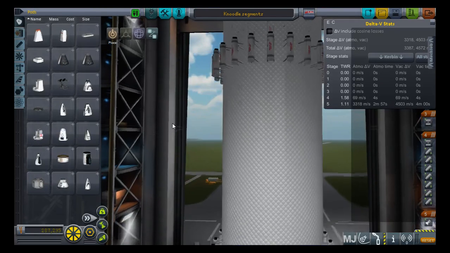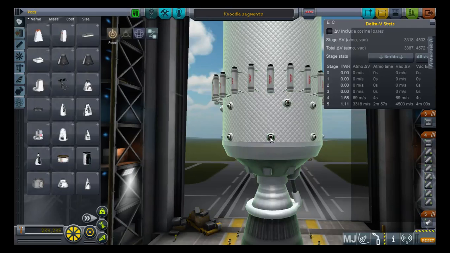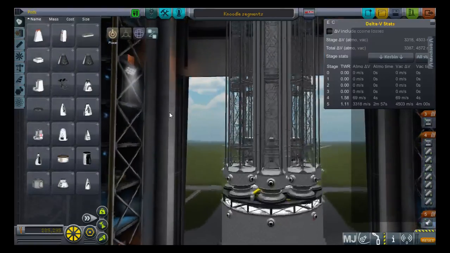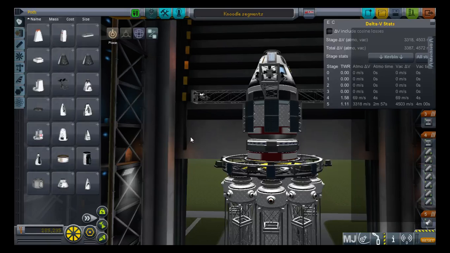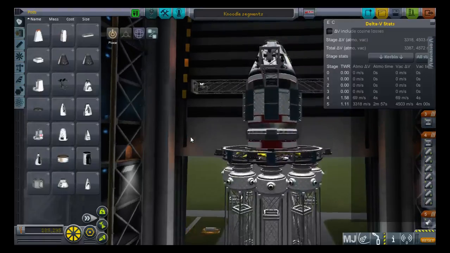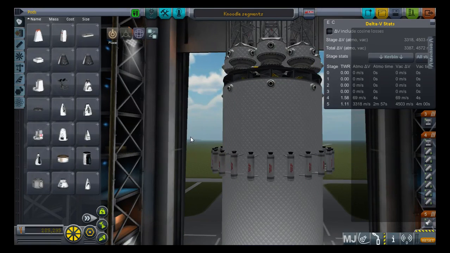Well, I've got 4,500. If you do it perfectly, that should get you out into low Kerbin orbit. But I do have some tanks that are locked for basically RCS usage. Probably got quite a bit of Delta V on them. Probably. Plus also I've got some...